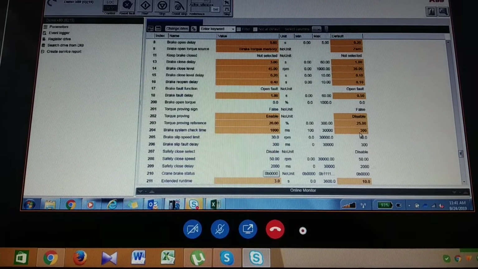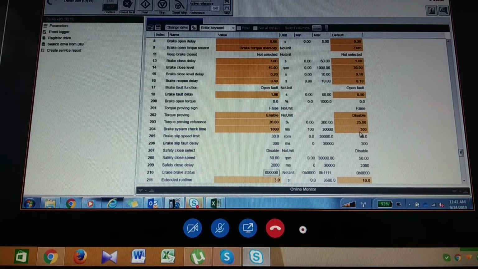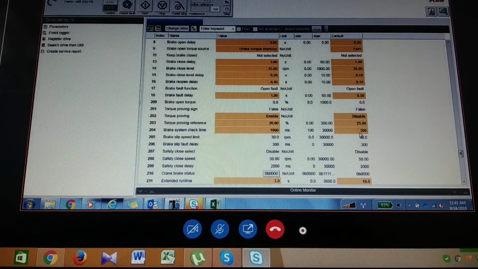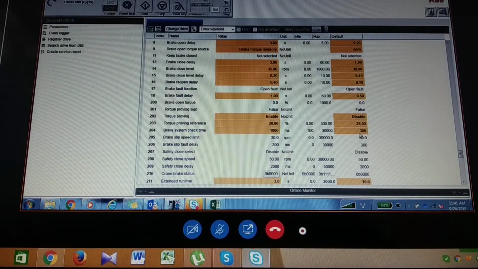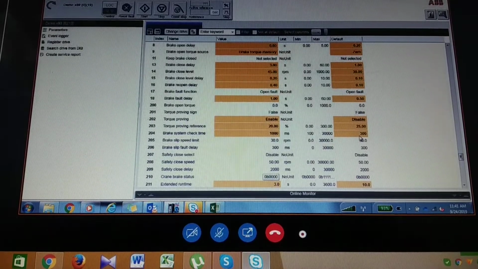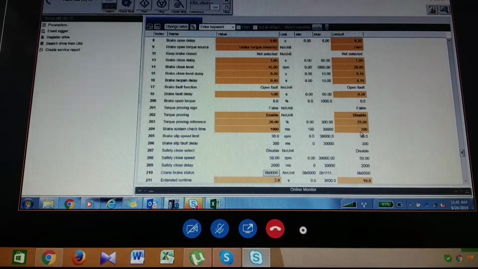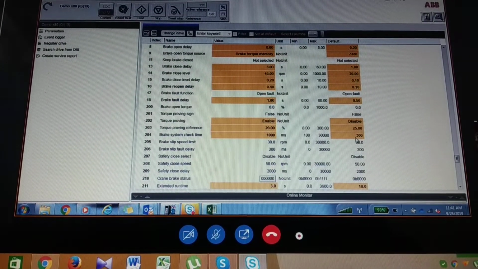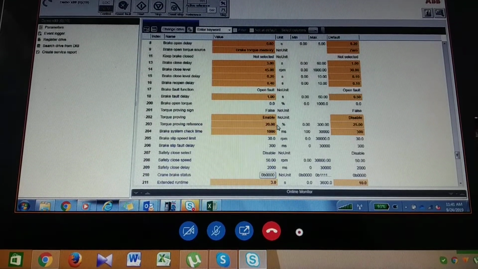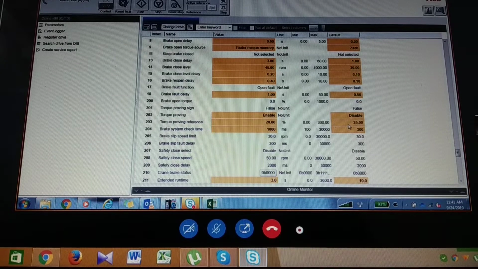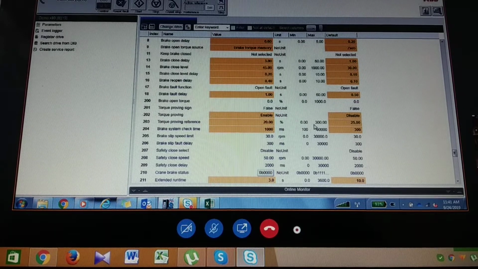Just to remind on the brake torque proving sequence, just a quick reminder so that you will understand. Once you give a start command to the drive, first we had put the earlier magnetization time in the other parameter. So first it will take that much time to magnetize the motor. After that it will give this particular torque reference to the motor. Still there is no brake open command. Only torque proving sequence, it is just a sequence at the time of each and every start.